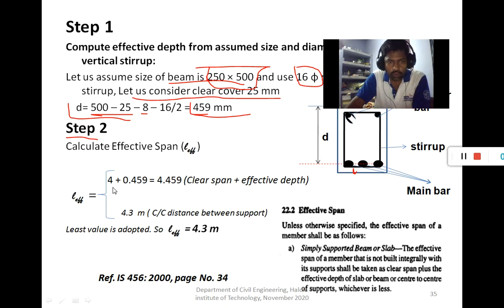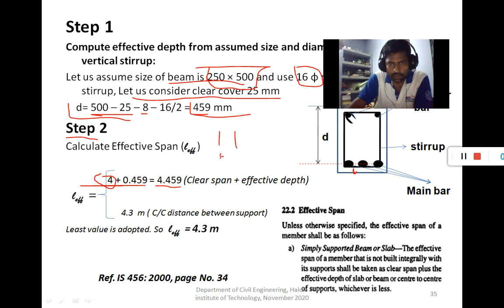As per code, the clear span is 4, plus the effective depth of 0.459, which is 4.459 meter.